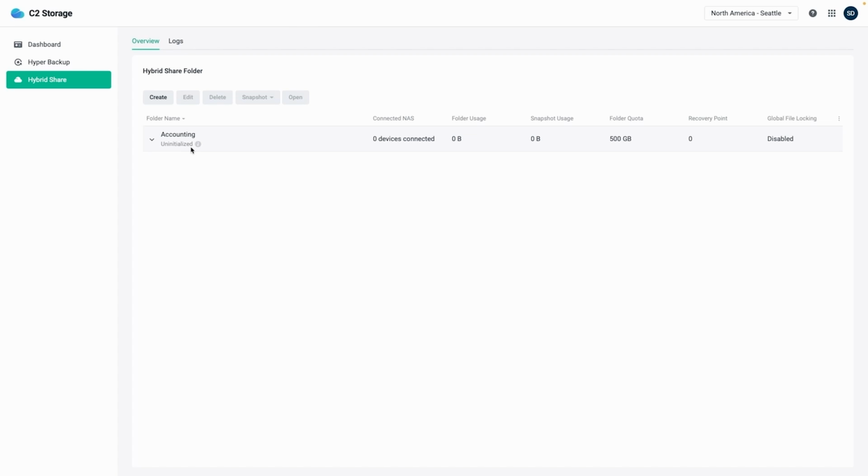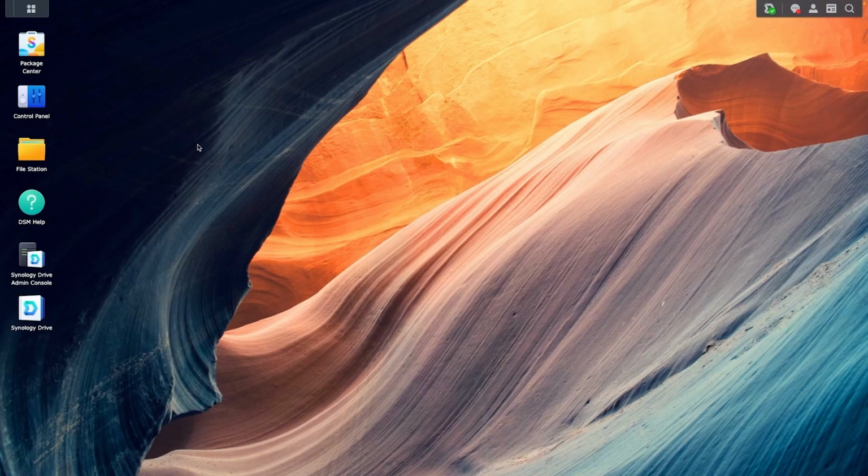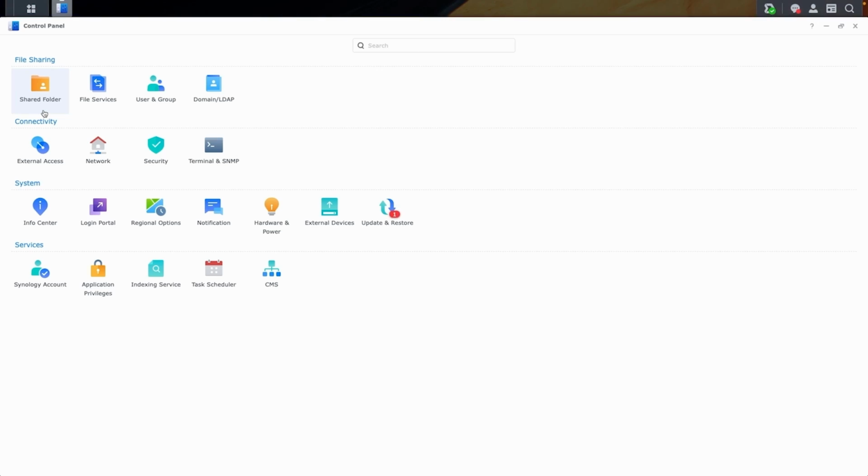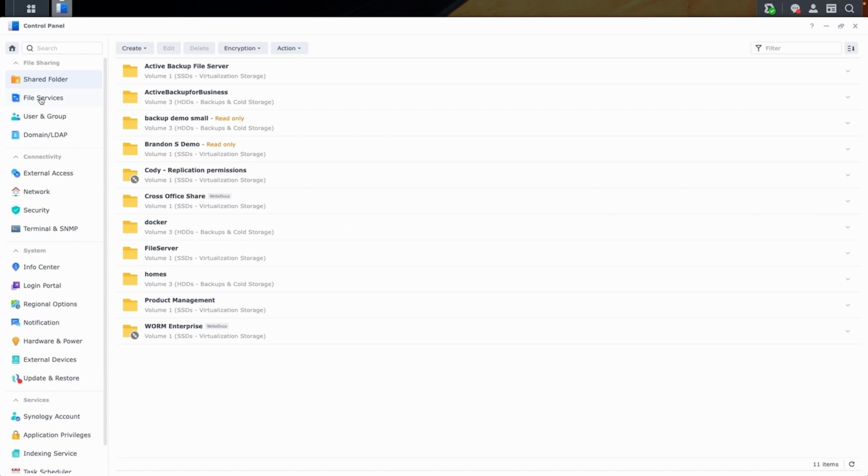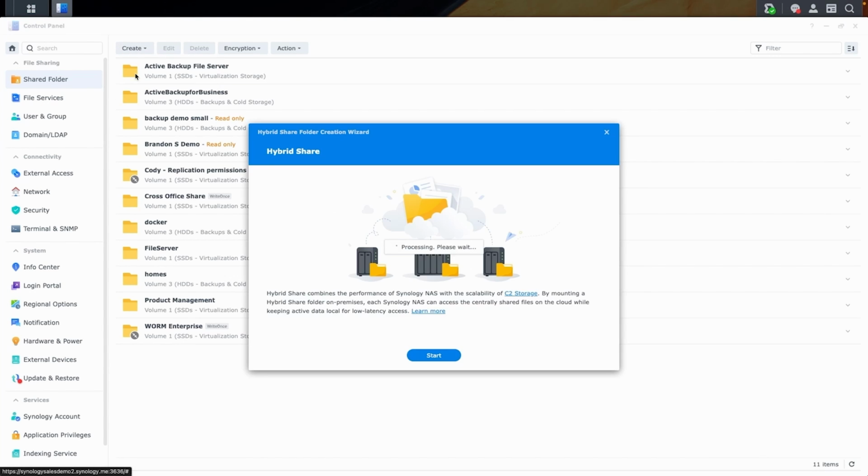As you can see, this folder is uninitialized, meaning we have to mount this folder on a Synology NAS to initialize it. So we'll jump here to a Synology NAS. We'll go to the control panel, Shared Folder, Create, and we'll mount a HybridShare folder. Now we'll click Start,